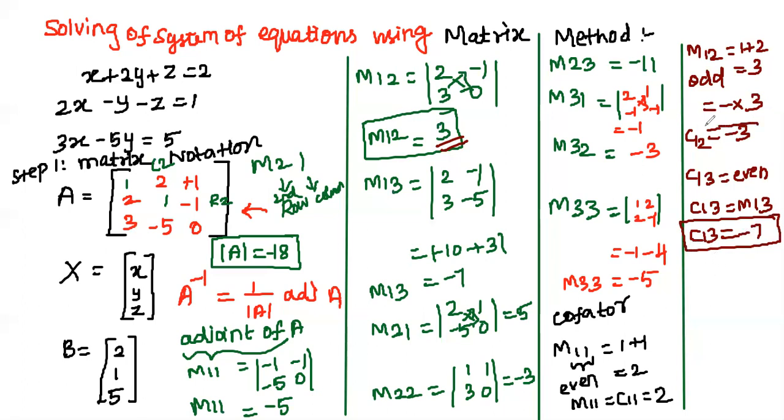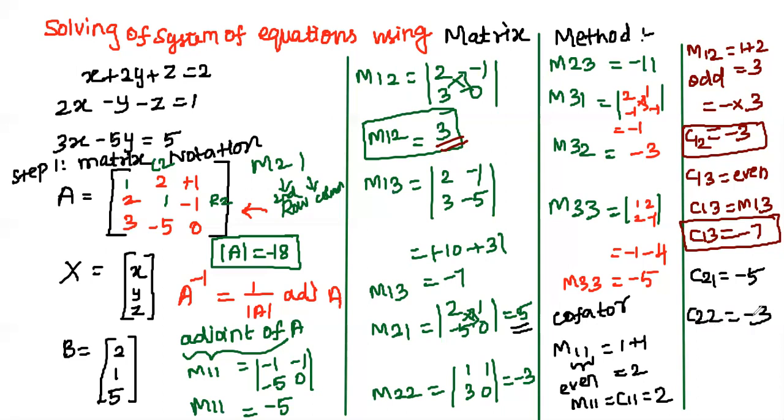Are you getting it all? Yes, ma'am. So you have to add the position. If you're getting an even number, then you have to write it as it is. In case you're getting odd, you have to multiply the answer by its minus sign. Can you tell me what is C21 now? It's 3, so it'll be odd. So then you multiply by minus 1. So it is minus 1. Exactly.